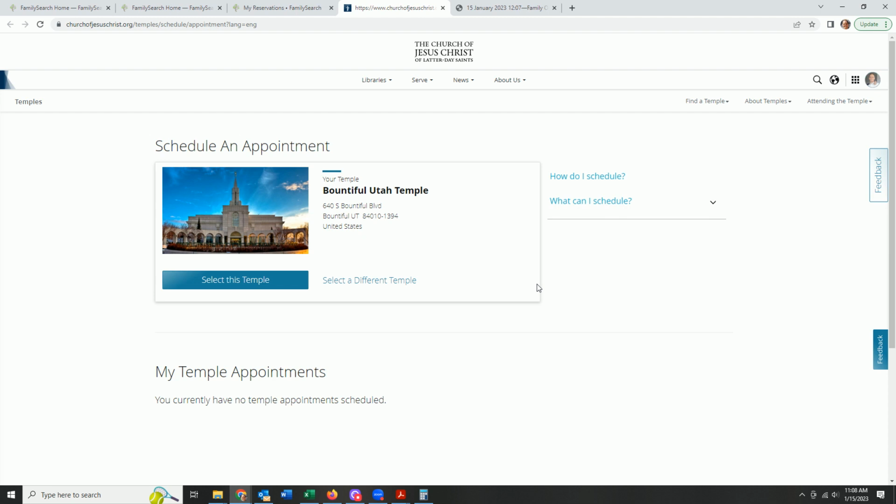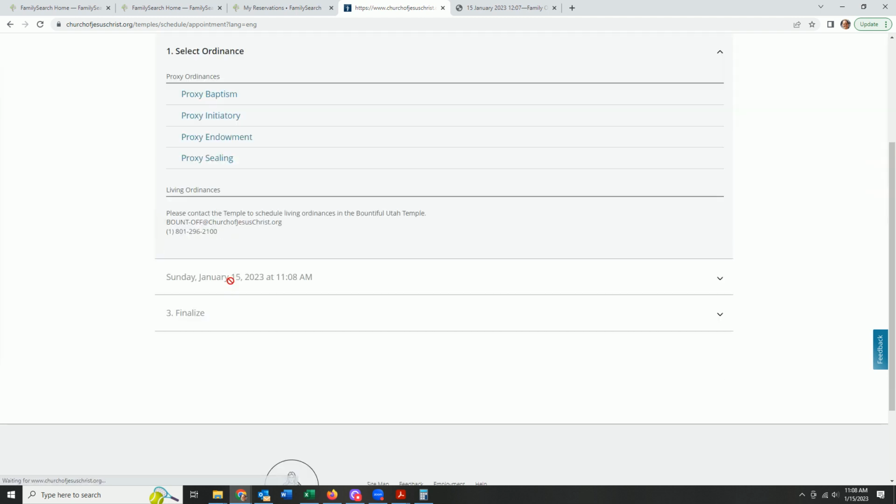This will actually take you to the churchofjesuschrist.org website. And since you're logged into FamilySearch.org, it's really nice. They've really simplified it to just go straight to scheduling an appointment for the temple. So it will have your temple loaded. If you want to select that temple, you can, or if there's a different one you'd like to select, you can click Select a Different Temple. And when you click Select this temple,